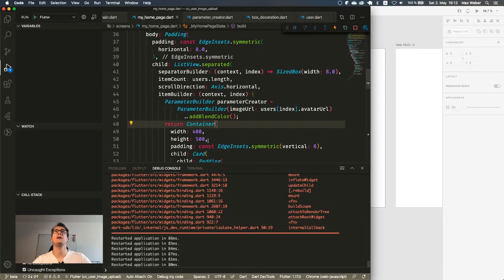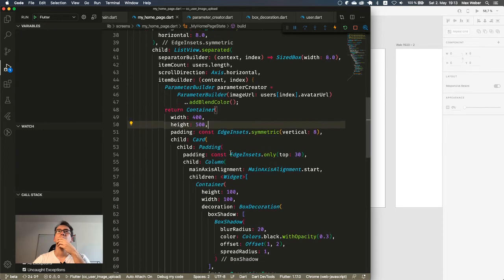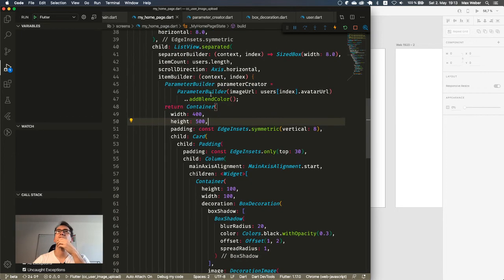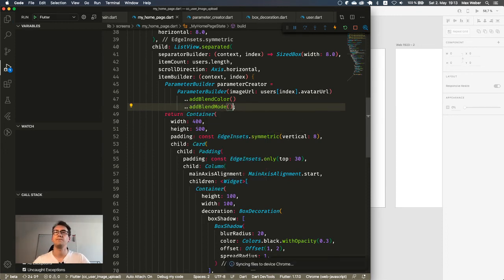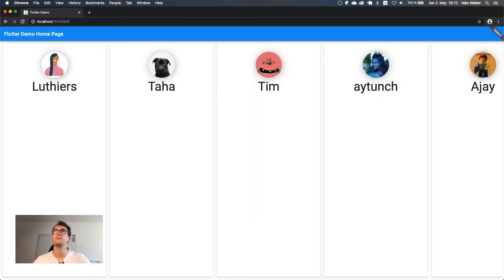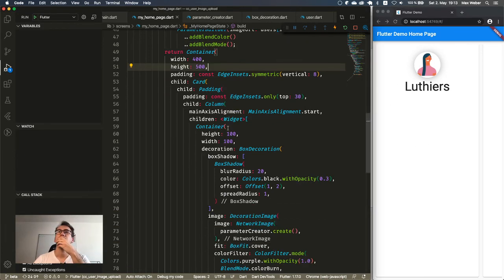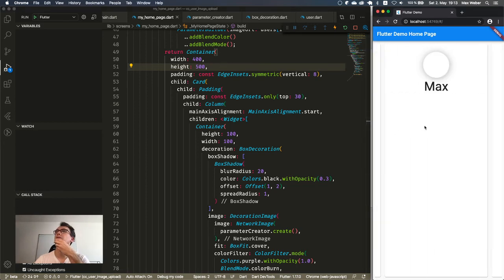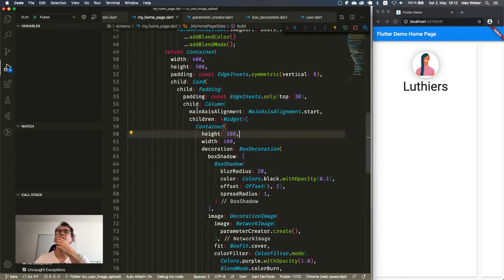Let's see if I can do that with our separated list view. So we get this. This is working now. Here's also missing the add blend mode. Make that smaller again. Let's have a look. That is all that. And we can't click them yet.